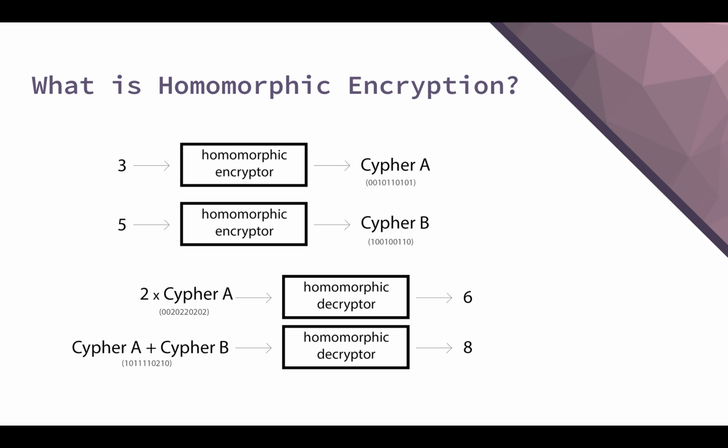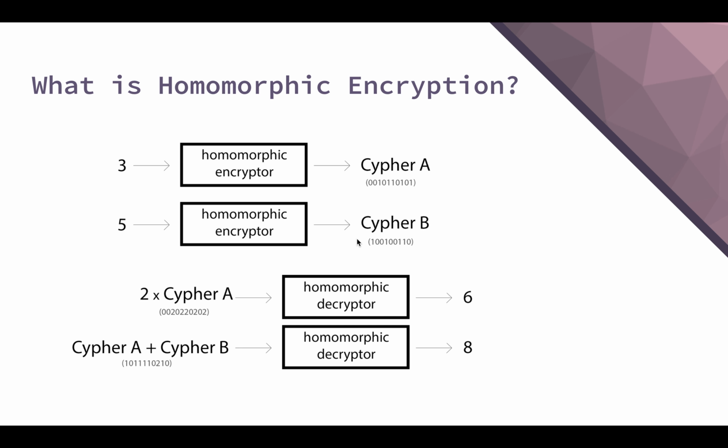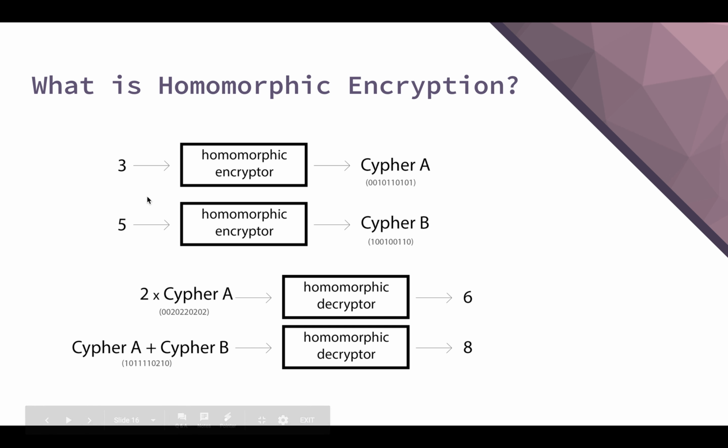For example, we may run 3 through this homomorphic encryptor and we will return cipher A. We'll run 5 through this and we will return cipher B. What homomorphic encryption enables us to do is 2 times cipher A, and we will get 6 cipher A, or cipher A plus cipher B, and we can get back 8, which is 3 plus 5. This is a very basic example, and you can imagine, yes, I could reverse engineer these cipher values, but